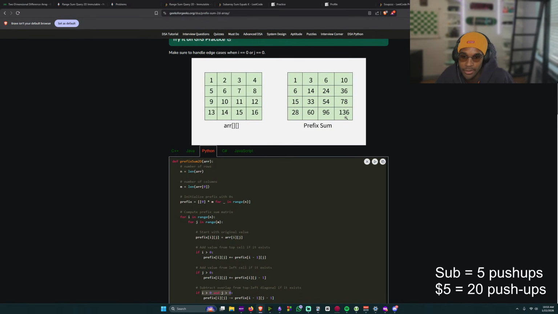Like, let's say we want to calculate 3, 3, you would add everything above it, which is all these numbers, and then behind it, which is all these numbers. Oh, so the diagonal overlaps, so you have to. Wow, I actually understand this.